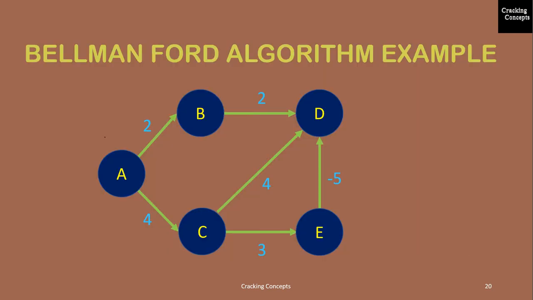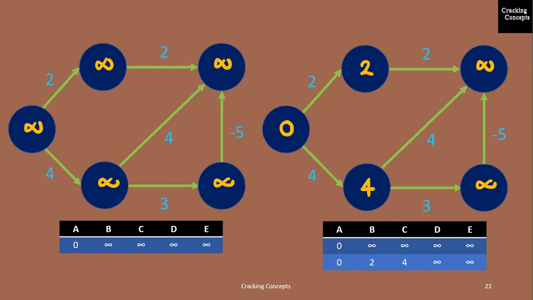Now in the previous video on Bellman-Ford algorithm, I had skipped on giving an example of how that particular program is done. Now this is the graph that I have considered in the previous video for demonstrating how the program worked. We can see that we have negative weights in case of Bellman-Ford algorithm. As in Dijkstra's algorithm, we will take all the distances as infinity in the beginning and the distance from source to source will be 0,